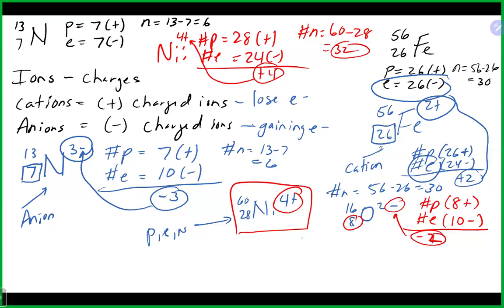And lastly here, our neutrons are going to be 16 minus 8, which would be 8 in this case. So what you could do to figure out the electrons pretty easily, if you want to, is if you see a charge like -2, you know it has gained 2 electrons. And in the neutral atom, the atomic number would be the number of electrons, so you could just add 2